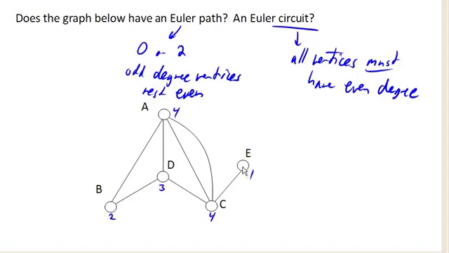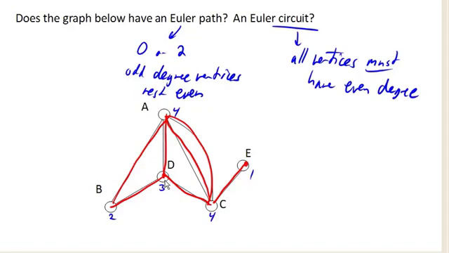So I could come down here, I could come up here, over here, up here, down here, back up here, and down there. And there we go. There's my Euler path, starting here and ending at that vertex. Right? Notice there would be no way to do an Euler circuit here. So let's take a look at